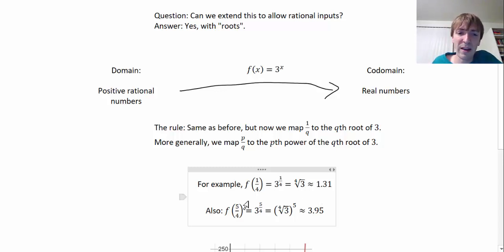What about if I want to plug in 5 over 4? Well, according to these rules, that means that I take the 4th root of 3, because the denominator is 4, and we take that to the 5th power because the numerator is 5. And we get out